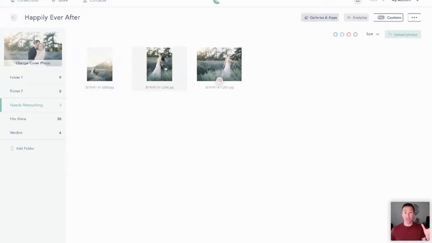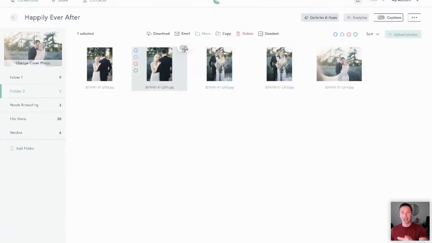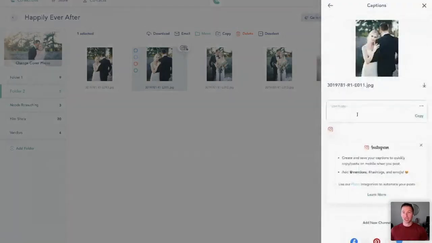So what we at CloudSpot have prioritized and just launched literally a month ago is the ability to go into any collection worth of images, hover over an image, click on it, and say, yes, I'm going to be using this for social media. And you can actually, here on your CloudSpot dashboard, craft the perfect caption, mention any vendors that you want to, and even include hashtags right here and save it against the photo.